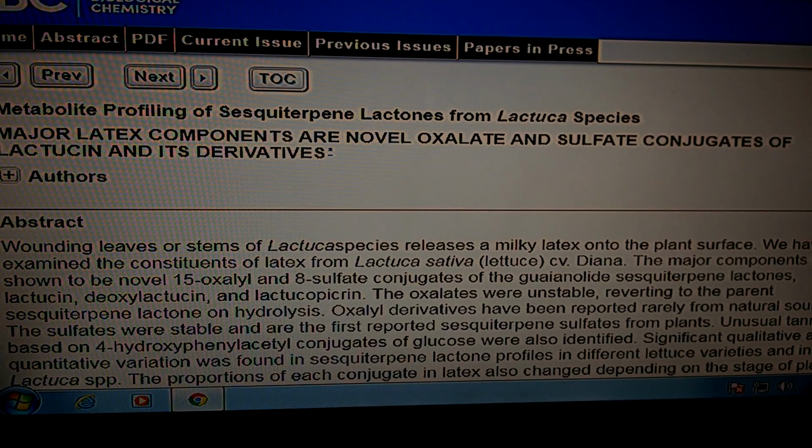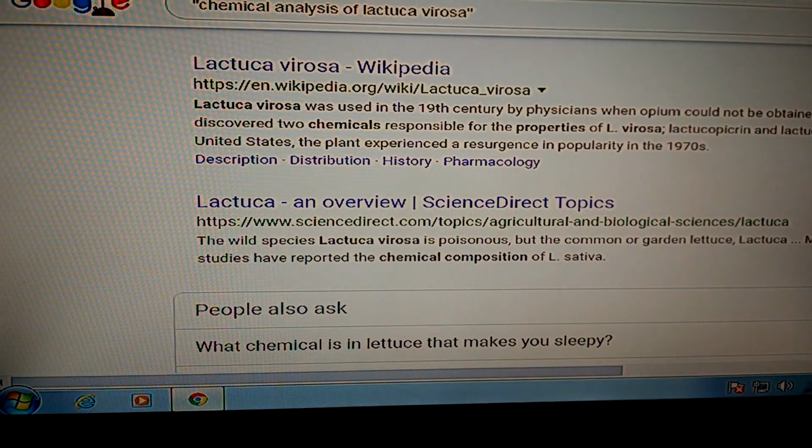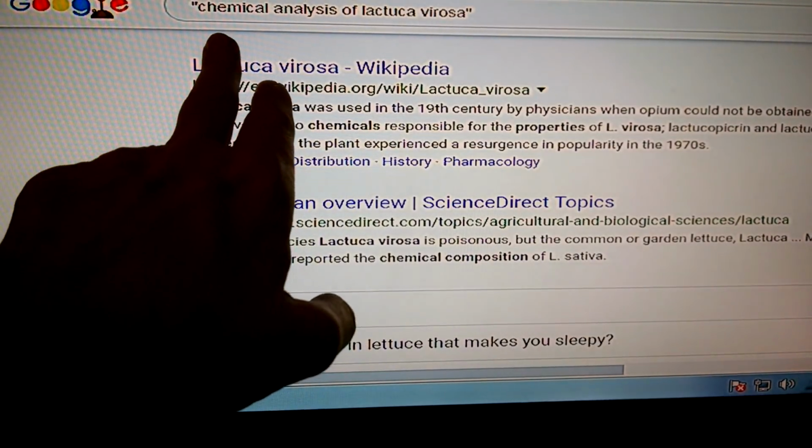Here's what I'm doing today. I'm reading some chemical analysis of the lactuca plants, and I wanted to tell you how I got to this. I have done this before, but now I want to show y'all how to do it. Okay, well, first of all, we start with